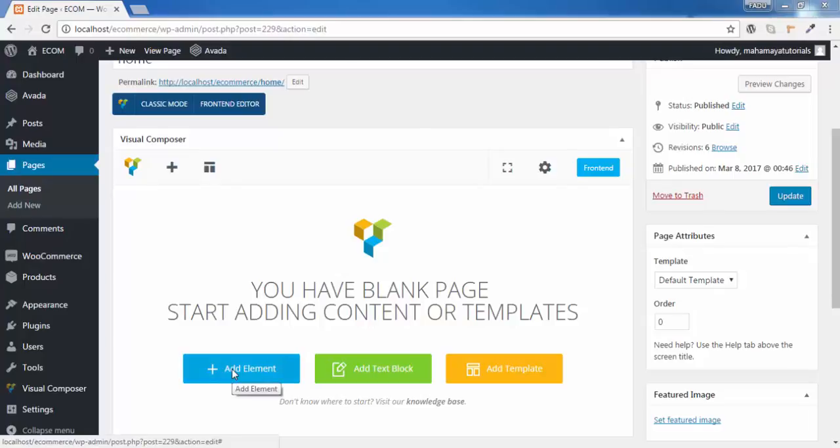Welcome to Mahamaya tutorial. In this tutorial, we will be learning about how to add Google Map using Visual Composer